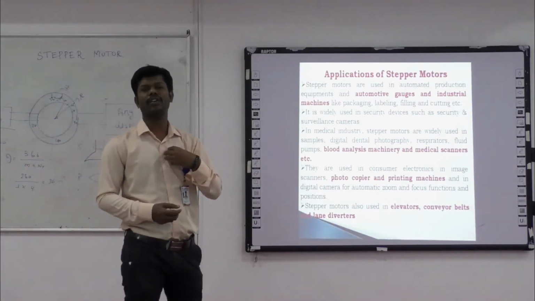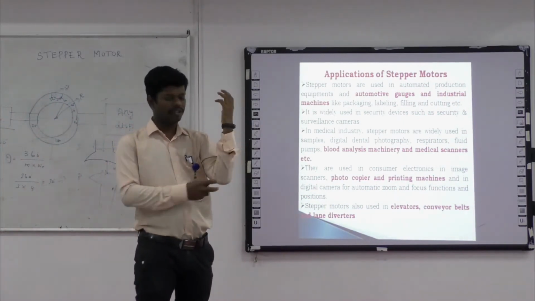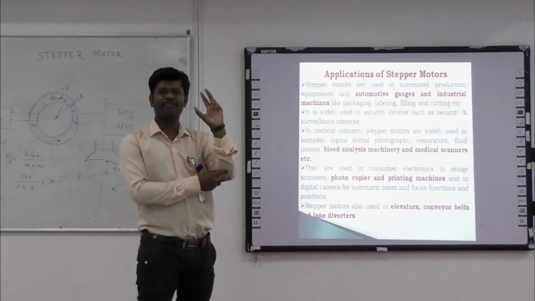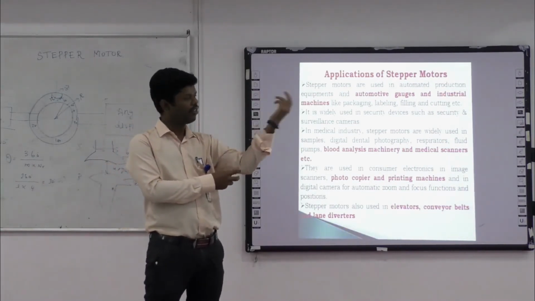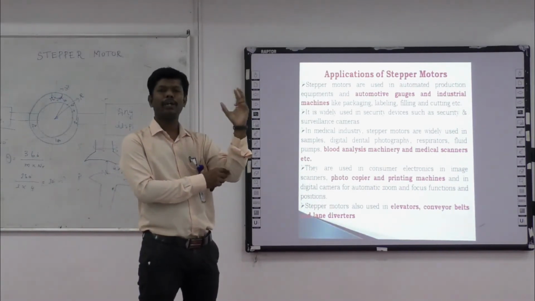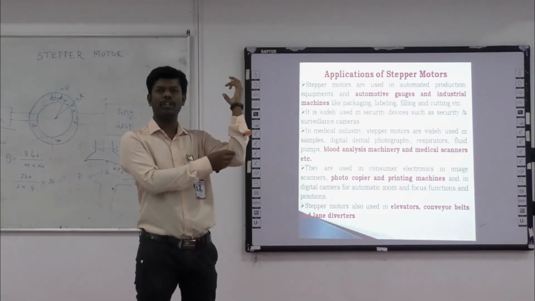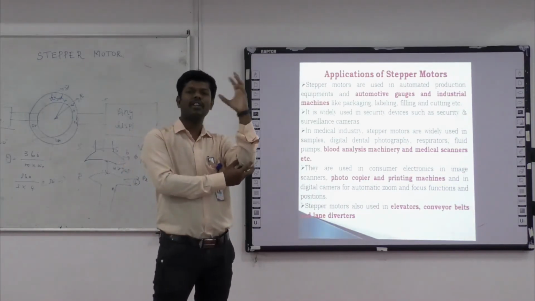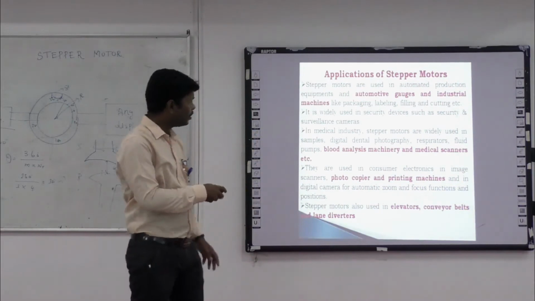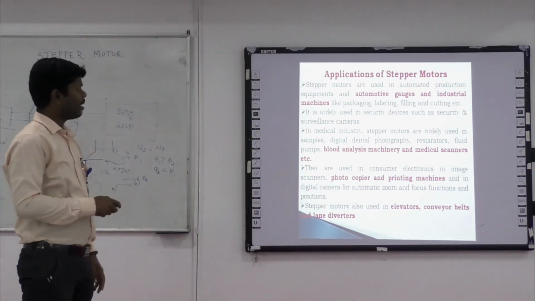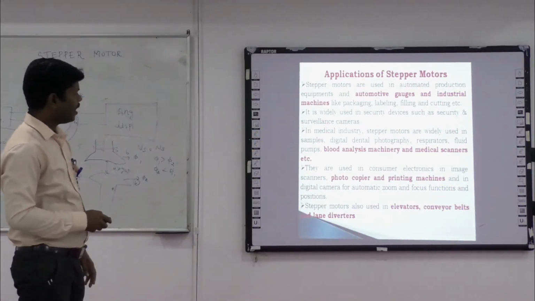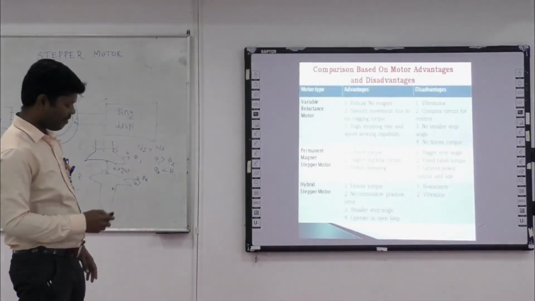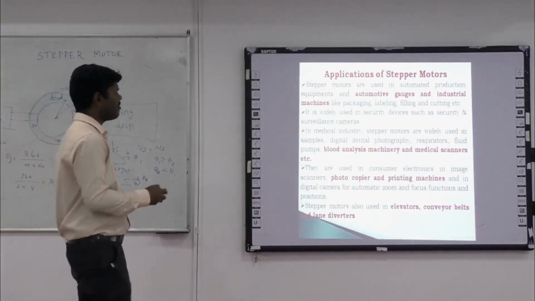Suppose I need to control a robot arm. I need to control it at 0 degree, 1 degree, 3 degree, any angle precisely, using a stepper motor. So I need to control it to 0.2 degree. First the angle is given to the rotor, so the rotor and robot arm run to 0.2 degree. That is the main purpose of robot application using stepper motors. And then blood analysis and the biomedical industry also use stepper motors. This is the main advantage of applications of stepper motors.